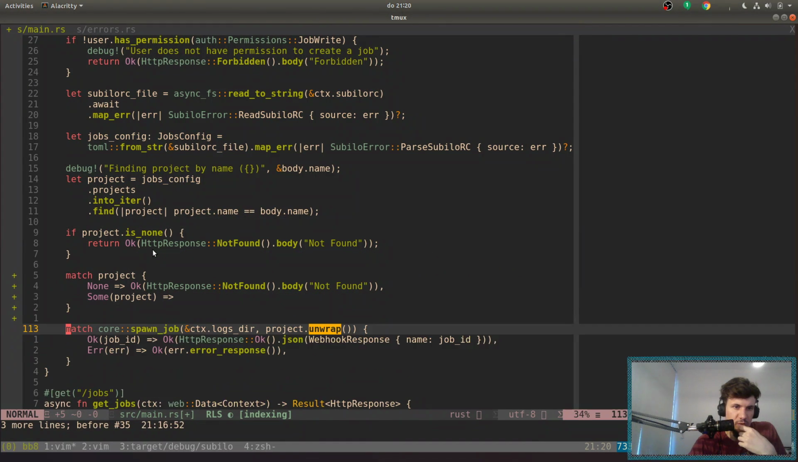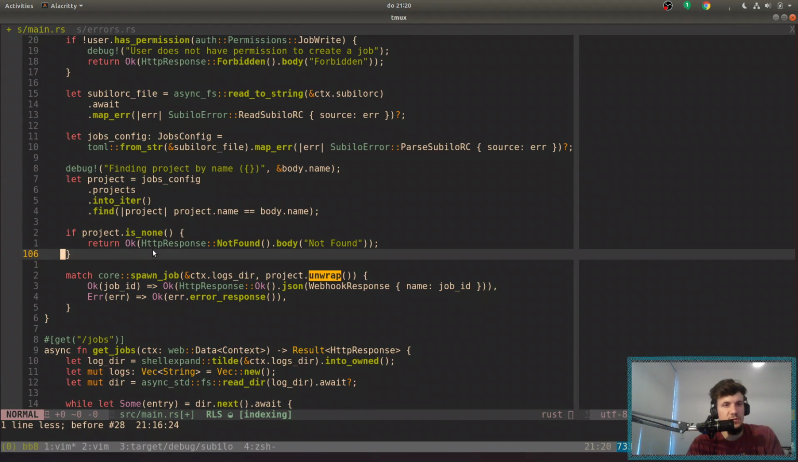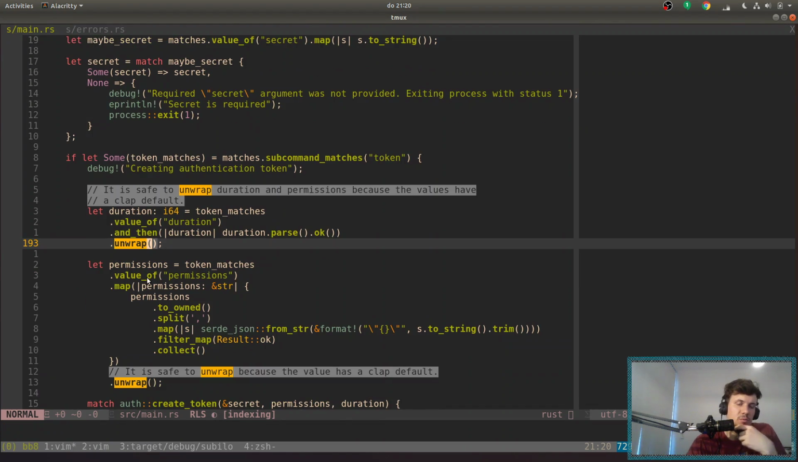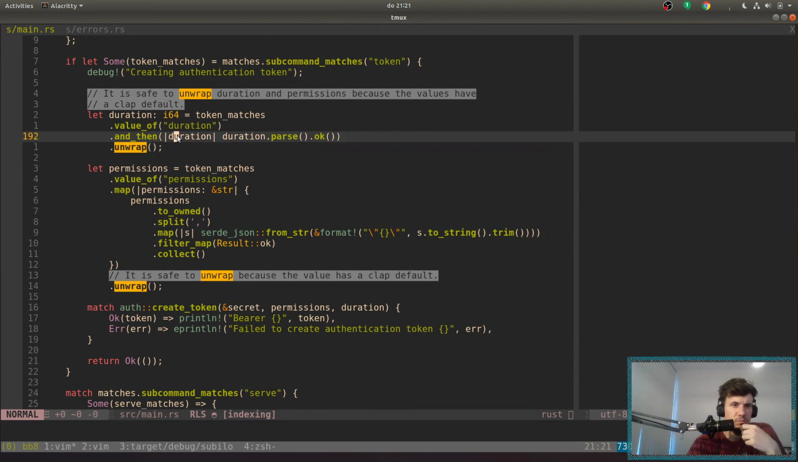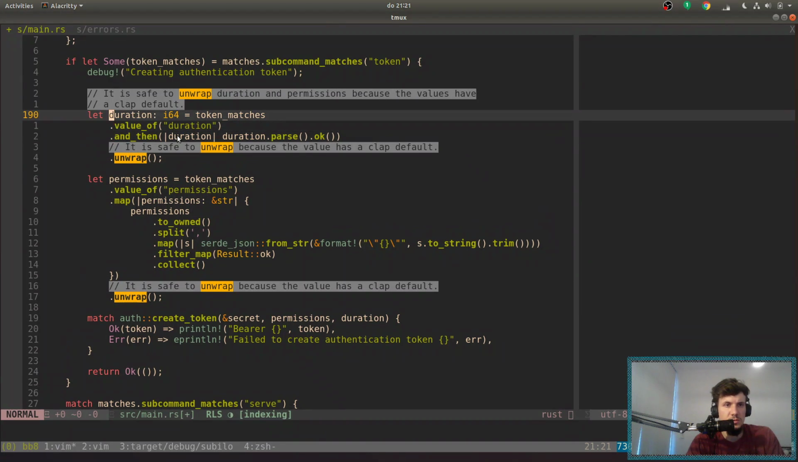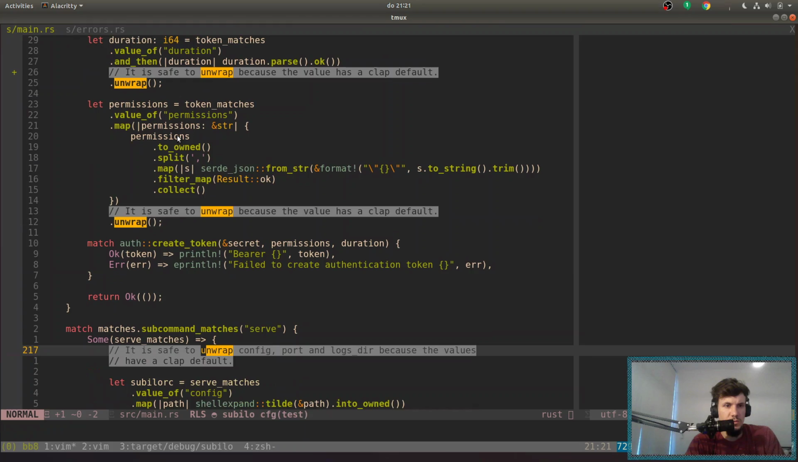I mean, but between that and these, it's kind of, yeah. So next unwrap is safe to unwrap duration and permission because values have a clarity. Okay. Safe to unwrap. Put this comment here. So